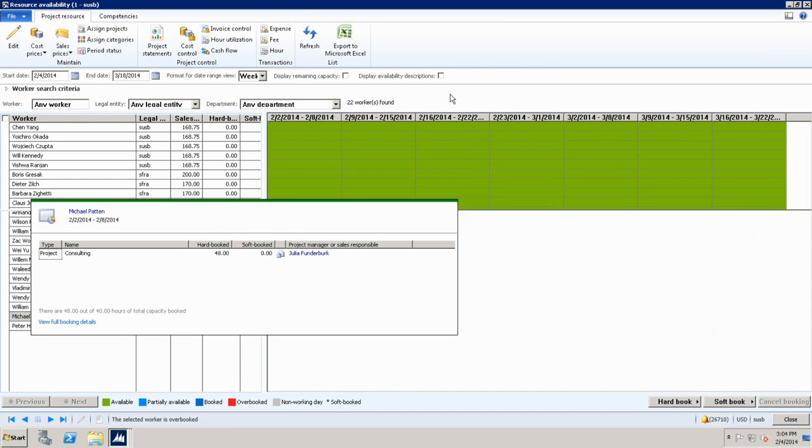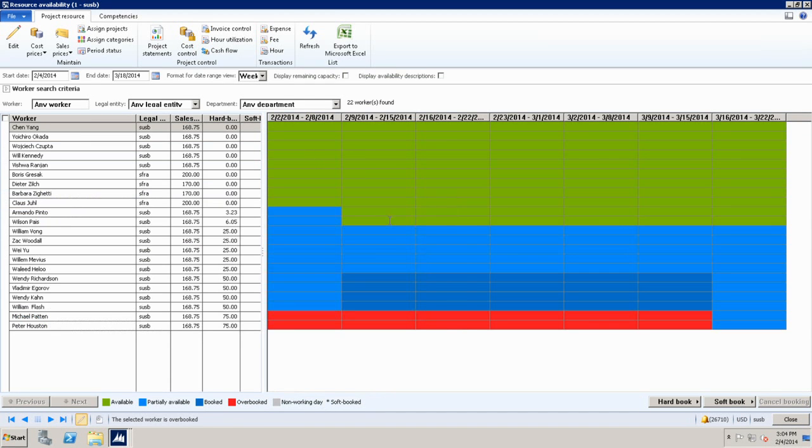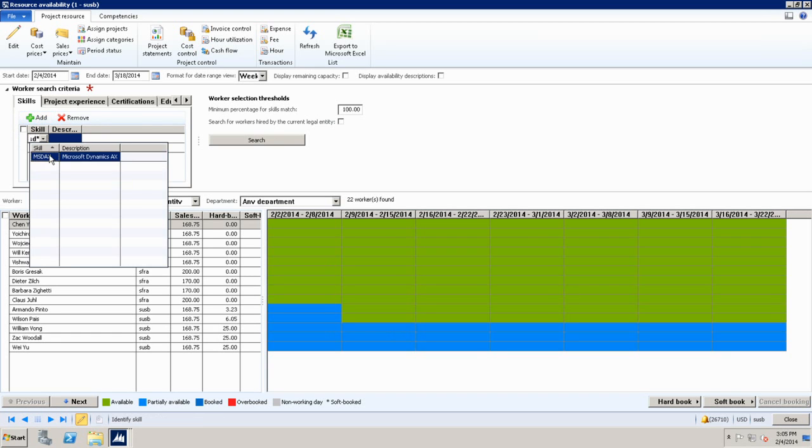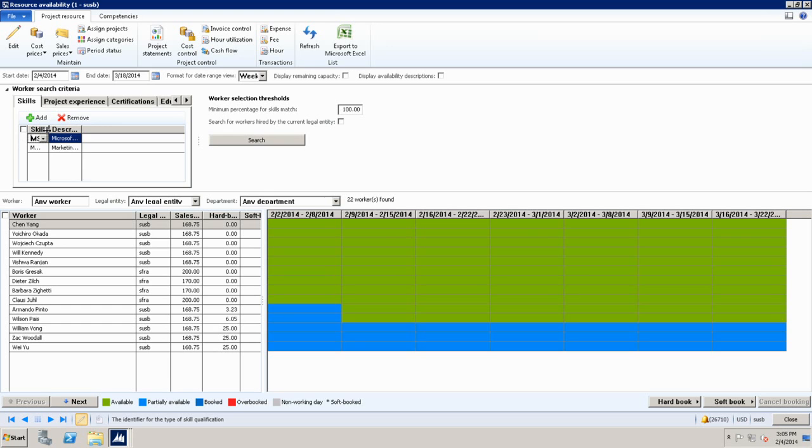If I want to do more of a search based on a specific qualification, in a fictional story, if you remember in Keynote, the story was about a marketing analyst that somebody asked the resource manager for. Let me search for a marketing analyst. All I need is a marketing analyst who not only knows marketing, I want him or her to know AX as well, because they're going to talk about AX. We want to launch a product. So let me see who is available with this qualification.